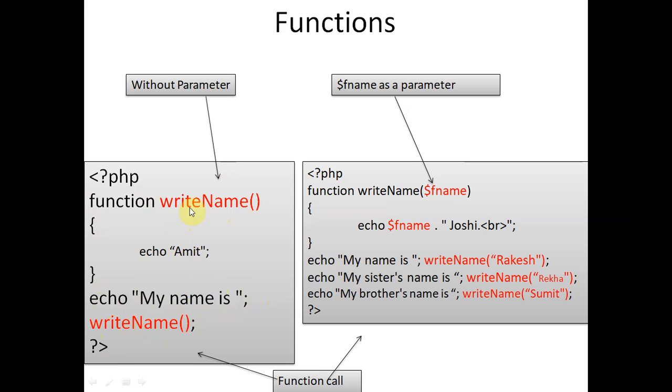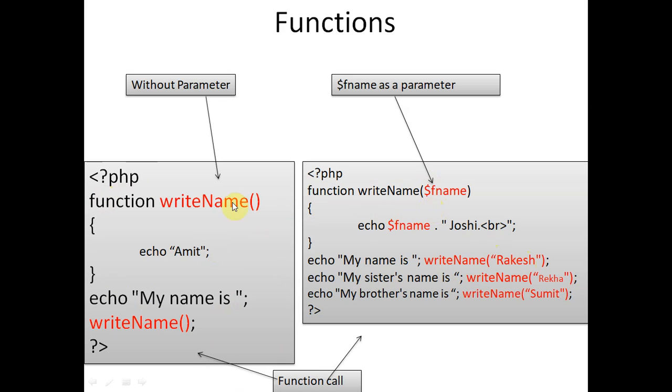In the next line we are executing the function. The function which we have mentioned above, the writename function, we are executing. So simply we write the name of the function, the brackets and the semicolon, and by writing this we execute the function. So now you can see this is the first function program, and in the second program we have the writename function again.